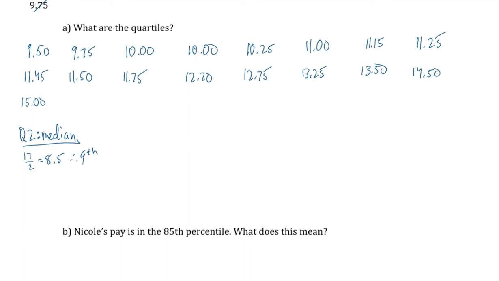So that's one way of doing it, and then we just count one. Oh, I know that there's 8 in the top row. So there's our second quartile, 11.45. The other way to do it would be to cross off